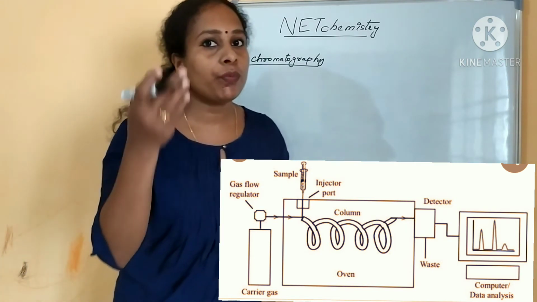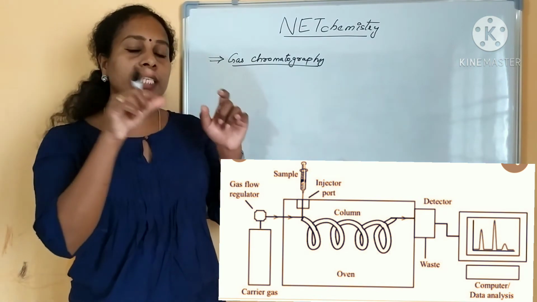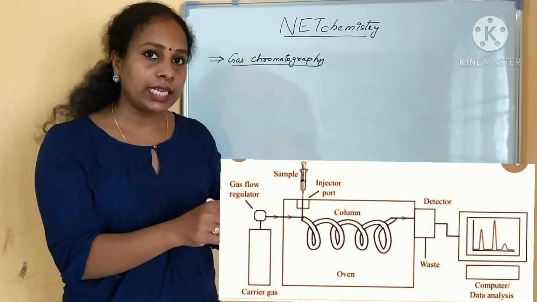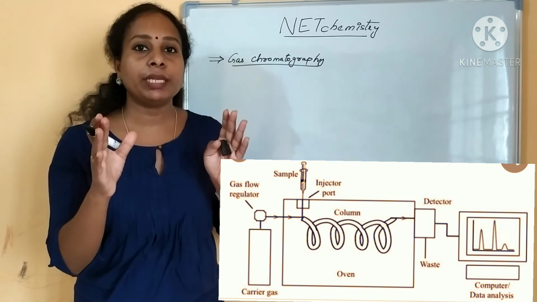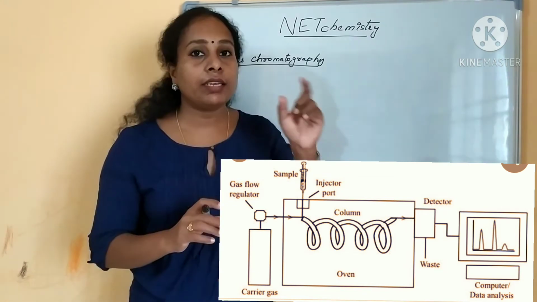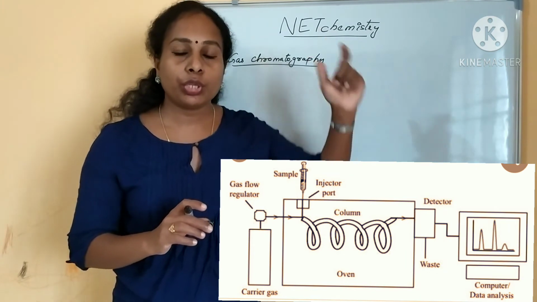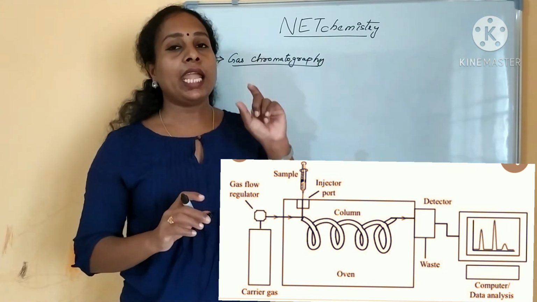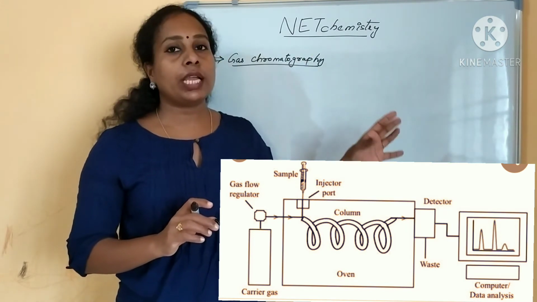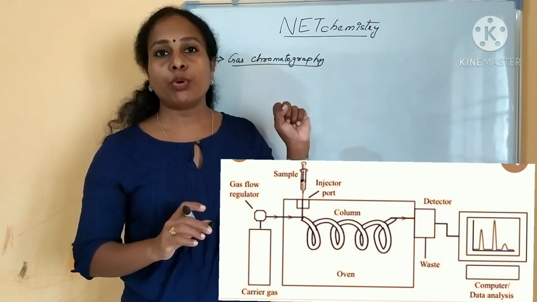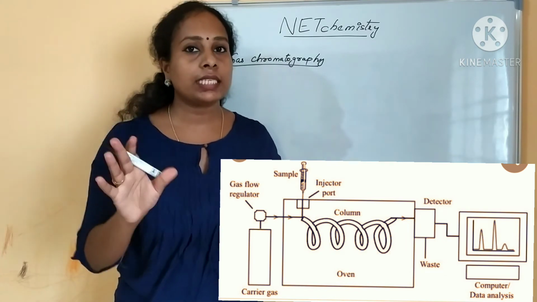In the same way, before the gas passes through, the injector will be there. The injector will inject the sample, and along with that gas it becomes miscible. How will it be? At a particular temperature, the oven will be there. That temperature will be attained, and the sample will be converted into gaseous form. Both gases will enter the column. Depending on the elution time and molecular mass, your column will capture each compound, and then the detector will detect your compound. This is the technique of gas chromatography.